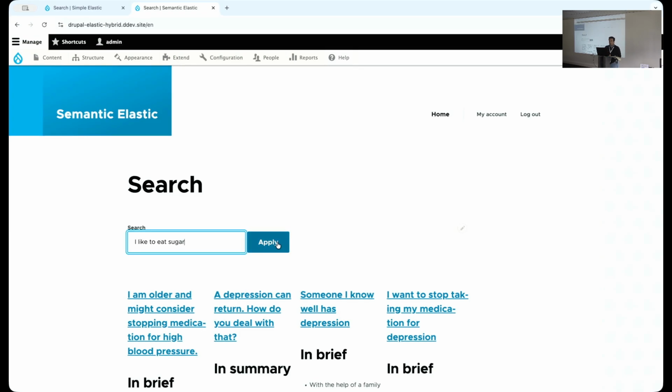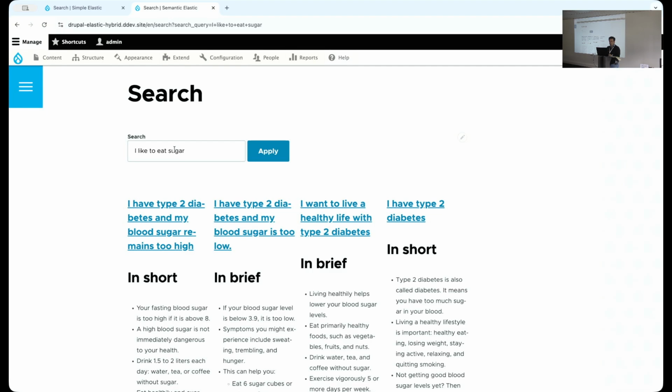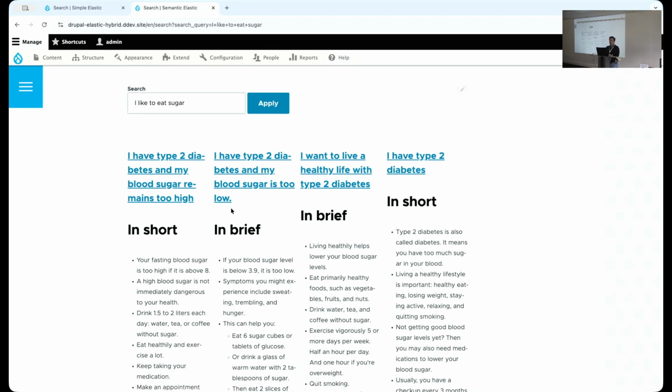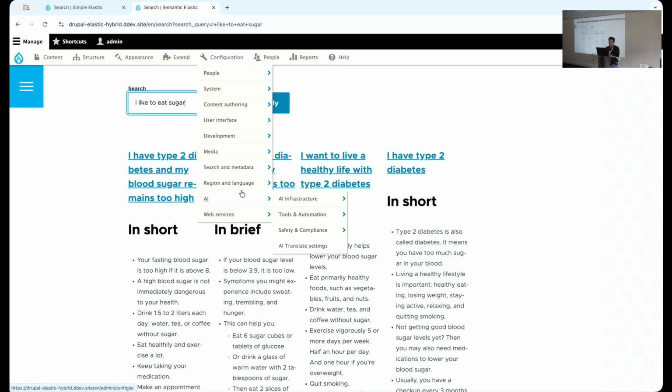I like to eat sugar. I get again all the, what was it? Yes, I like to eat sugar. No, I think I have to index it now. One second.